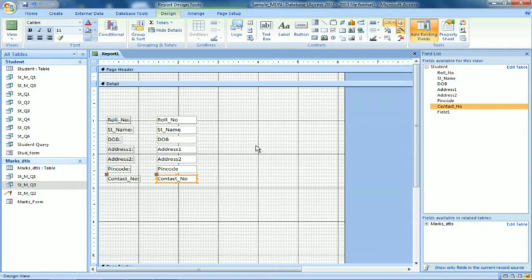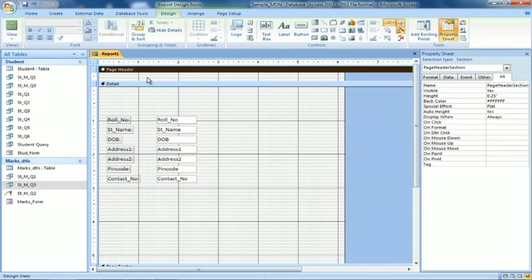This is a simple report where I am bringing the fields of the students. Each record will be shown with these. There will be no changes here. You cannot make any changes as in a form: you cannot add a record, you cannot delete a record, nothing of this sort. Now see, here are controls. We can only put these in forms. We cannot make anything in the report.